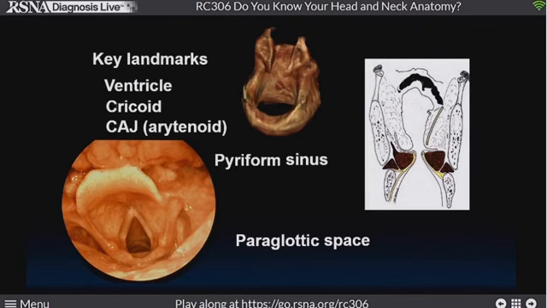Ventricle, the upper edge of the cricoid, and the cricoarytenoid joint. We describe absolutely everything in the larynx relative to those structures. The piriform sinus, again, we still describe lesions there relative to the anatomy within the larynx. And don't forget, the paraglottic space is simply the wall, and the fat to muscle transition marks the ventricle. Get used to what is the normal appearance, and it'll help you when you're trying to analyze some of these images.